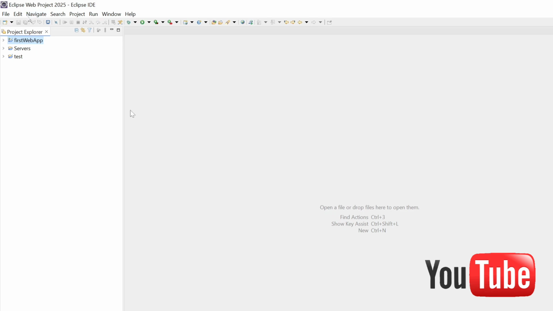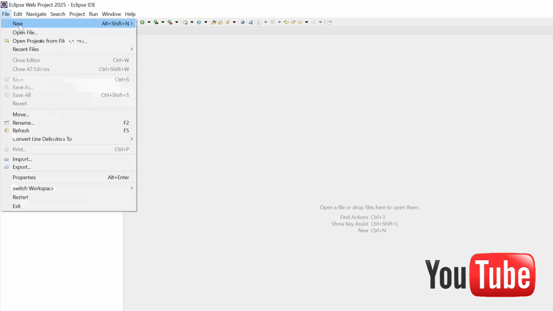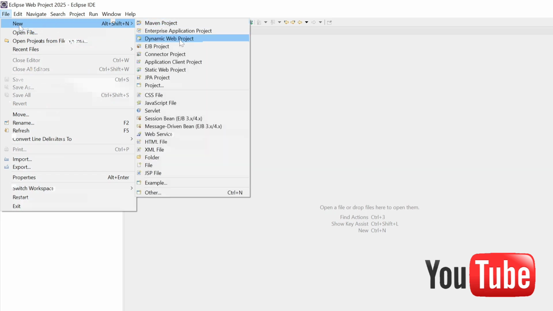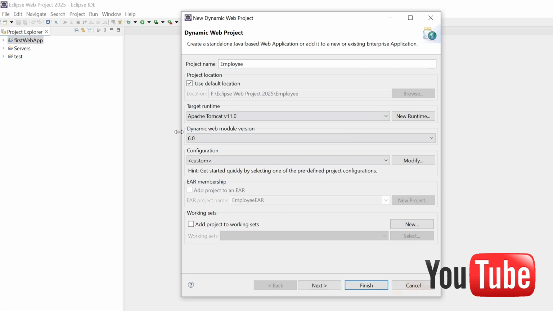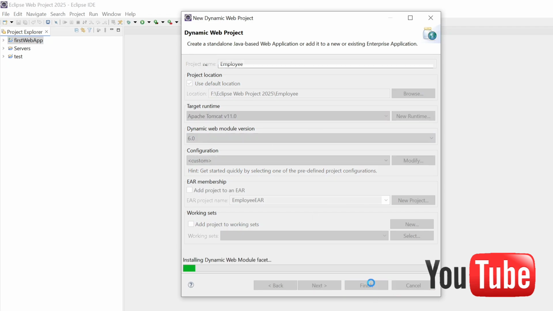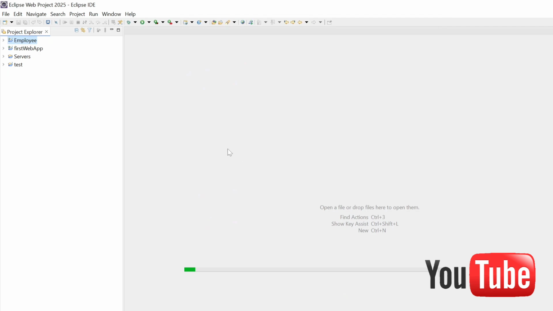So open your Eclipse IDE and go to File menu, go to New and select Dynamic Web Project. Give project name, like I am giving project name employee. Keep it by default, give project name only employee and click on finish button. Now project is created, right? So double click on that and go to SRC, go to main and